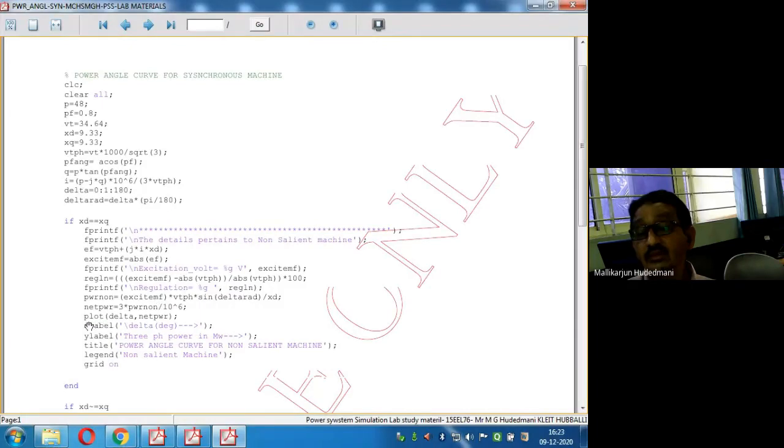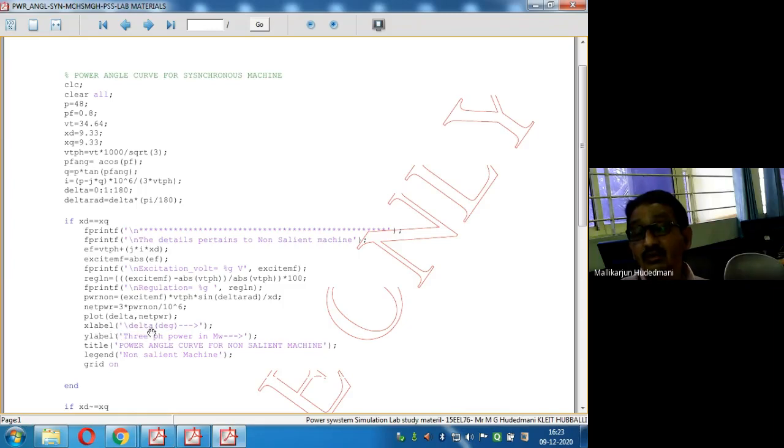Then plot delta comma net power. Plot the quantity power which I have here, net power, with delta as the increment. What is the delta scale? Delta is incrementing from 0 to 180 in terms of 1 degree, but I am plotting it as radians, 0 to pi radians, to plot power and delta here. Then this is called the command: plot bracket delta comma net power. Then I want to make the graph with a label.